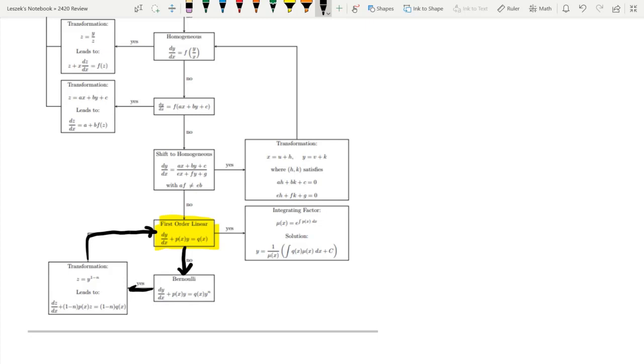Let's see if I have a fairly straightforward example of a linear so we can go over the procedure. Yeah, this should work. All right. So we're going to do an example of first order linear really quick. All right, so the idea is that you want to,